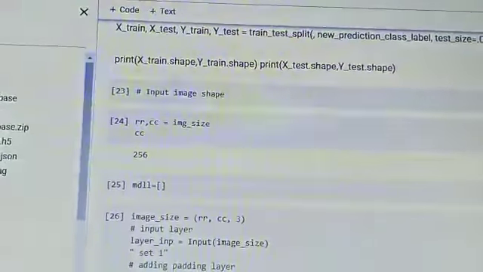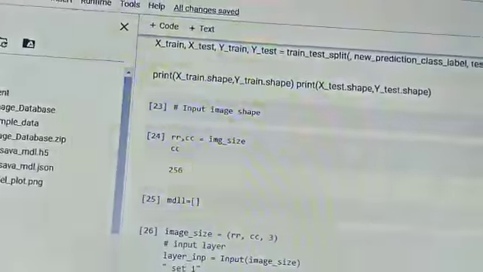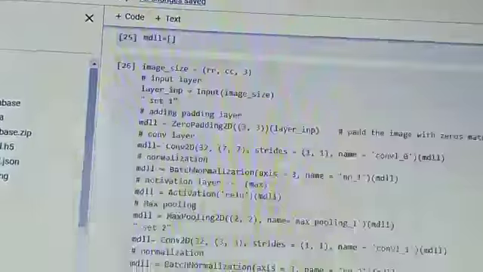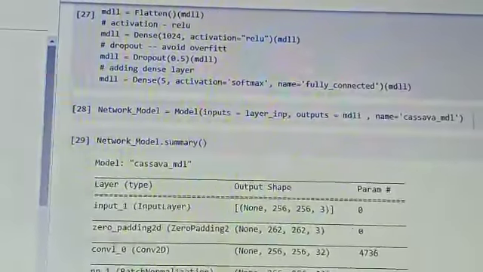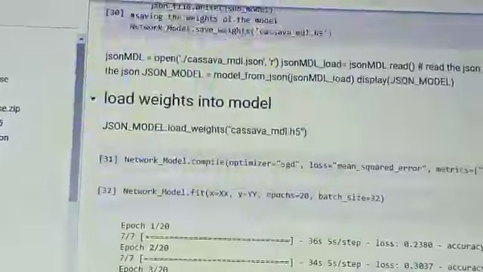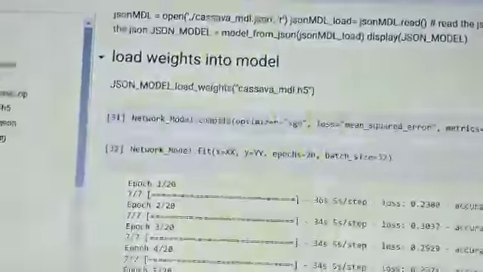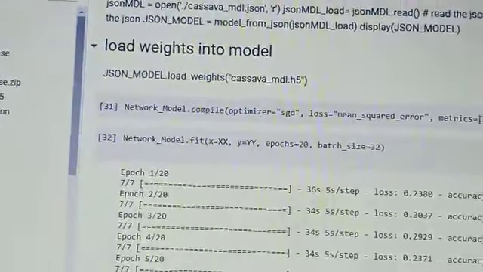and we have to identify the input image shape, color, image size, and this is our network model summary. We have to load weights into the models and the network models.